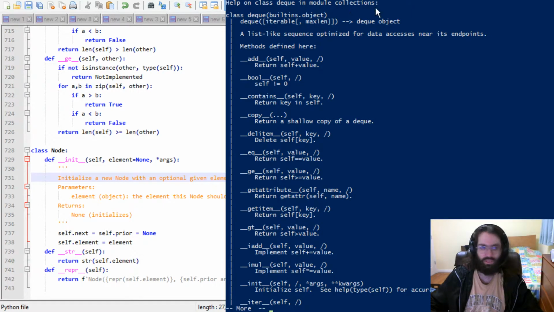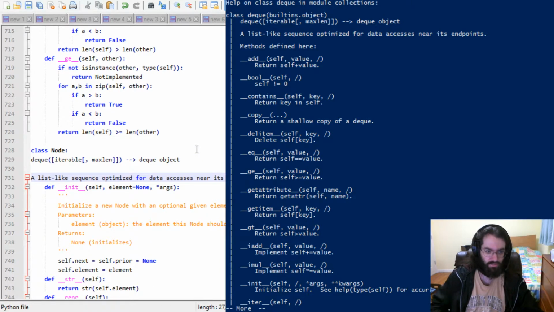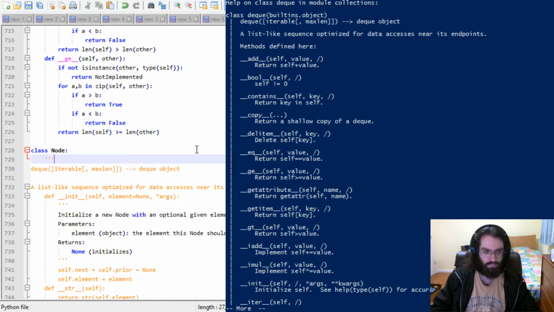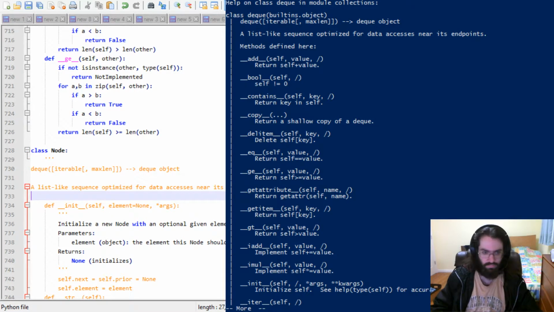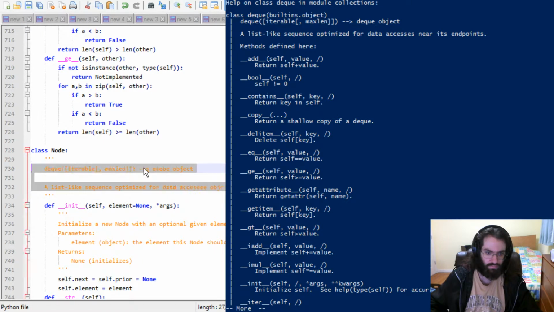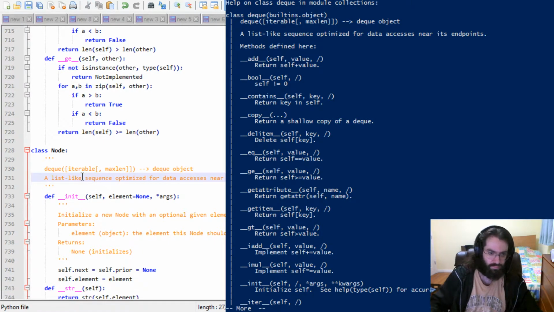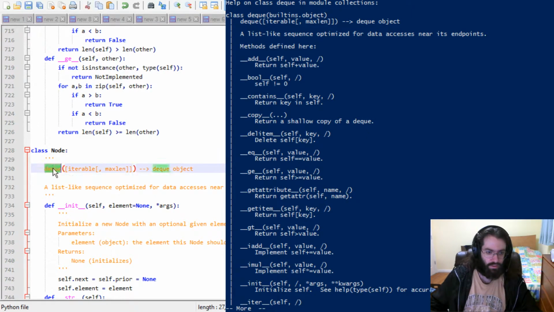on class deque and module collections, and it has this basically to start out with at the top. So that's for the object itself, not for its methods. So we're going to basically do that. Let's do node first. Okay. Node, and the element is optional,